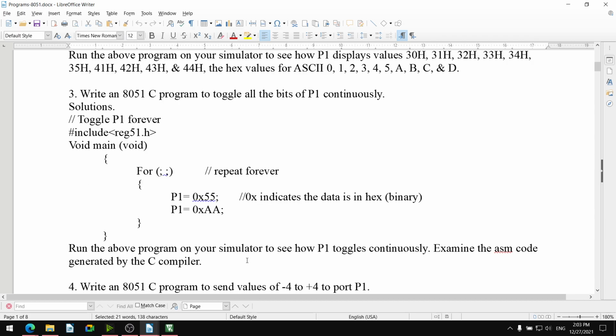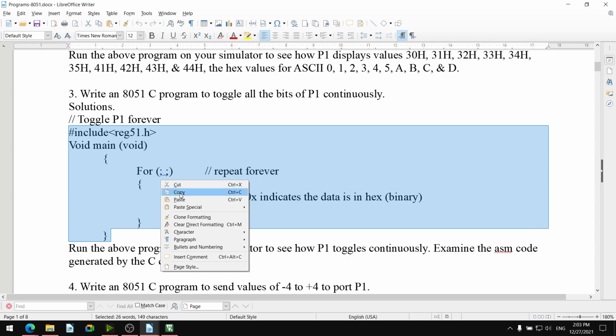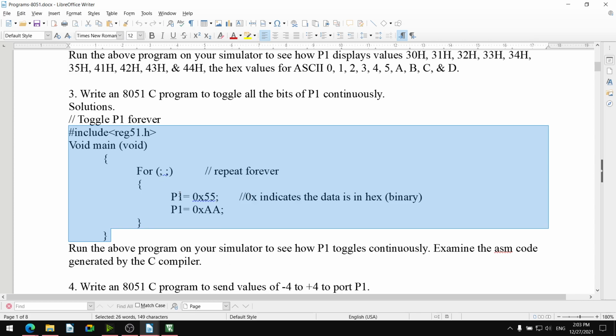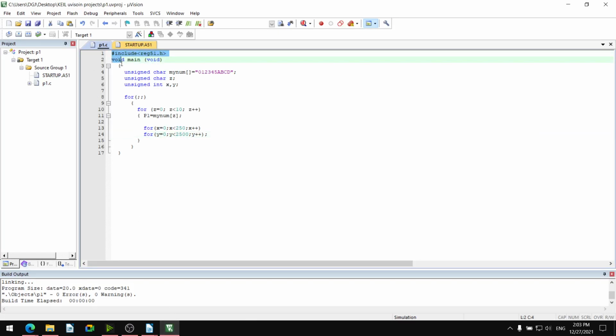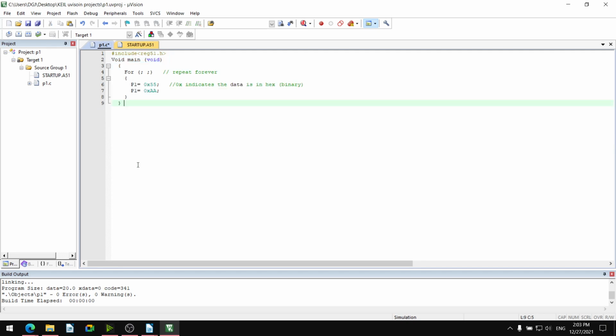Now the toggling. Toggle P1 55 AA. 55 and AA are complement bits to each other. Okay. For loop is there. It repeats forever. Void main void. P1 is 55. P1 is AA.